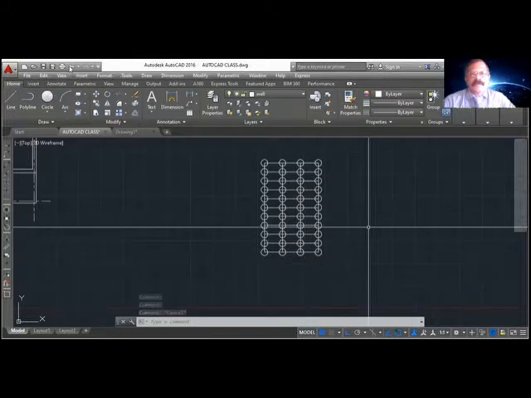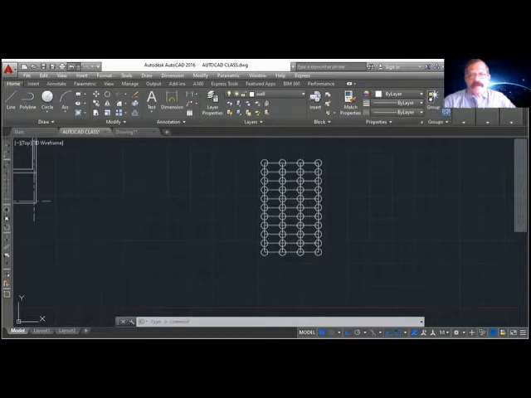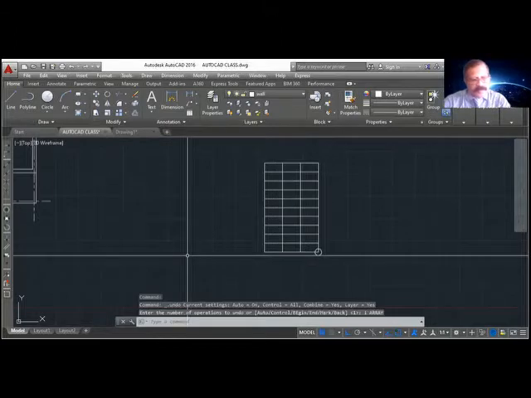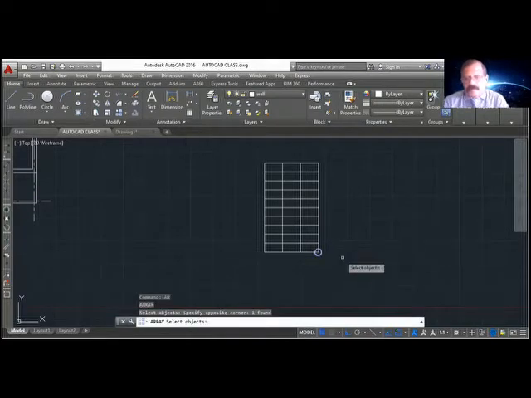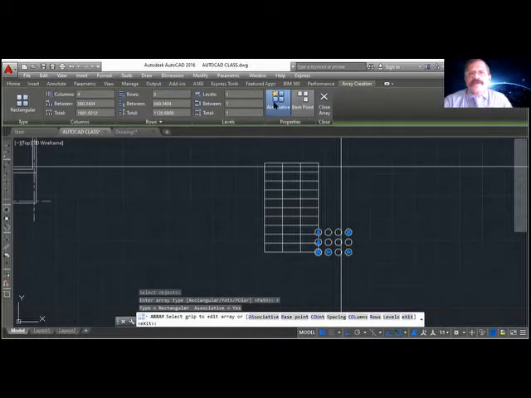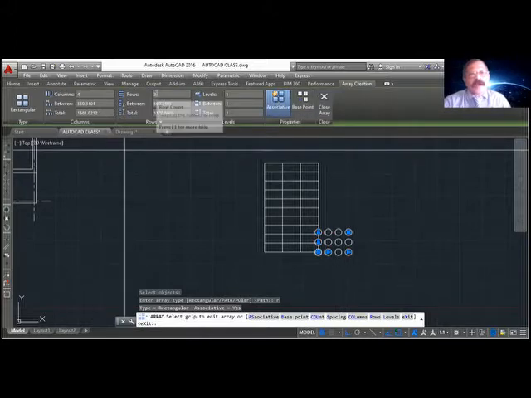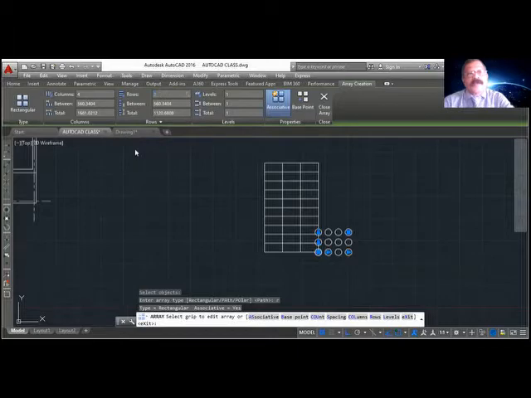Okay. So let us make again with the associate array, rectangular array, then select the object, rectangular. Now associate is on by default. So let me see using array with it on and see what happens. And how will you change that?